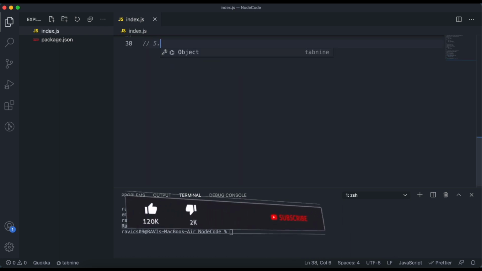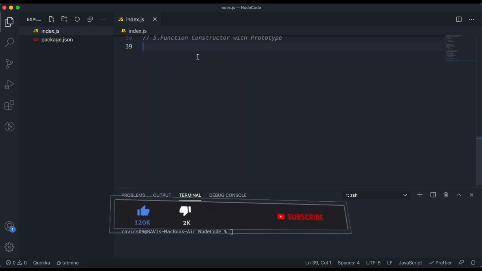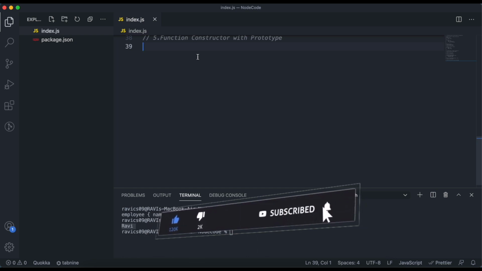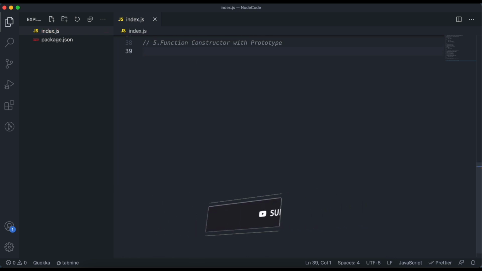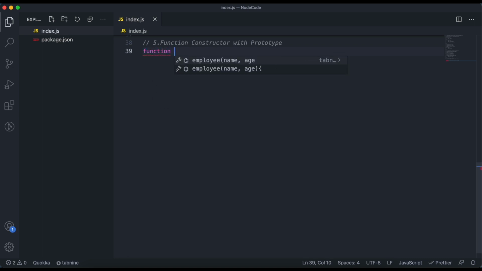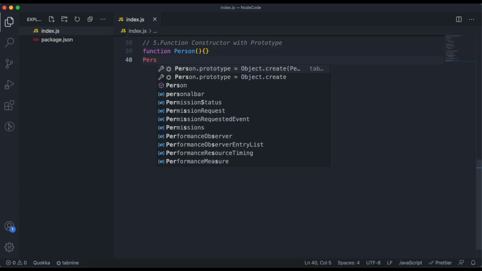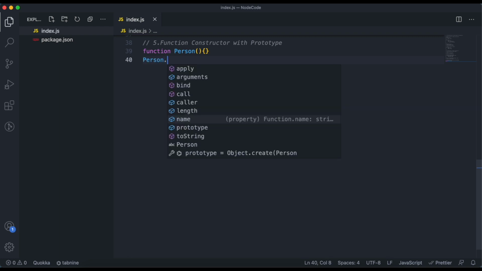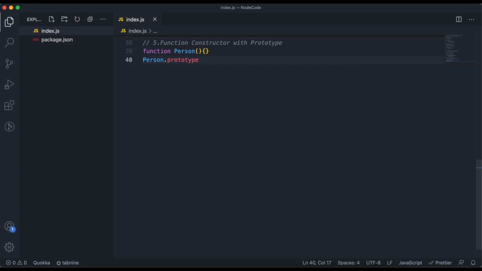So the fifth way to create an object is we can create an object using the function constructor and with a prototype. So first let's create a function. Let's say person, and so this is a simple function. Let's add some prototype there. So person.prototype.name, and here we are adding the name Ravi.